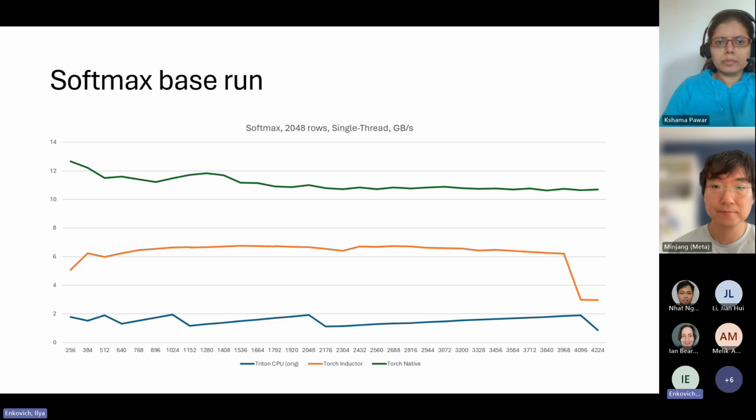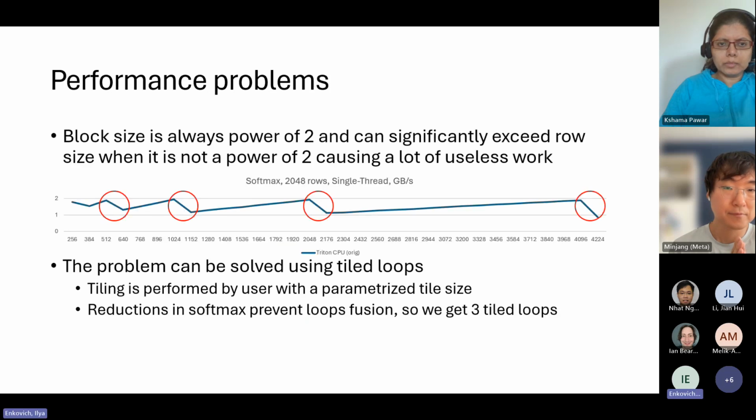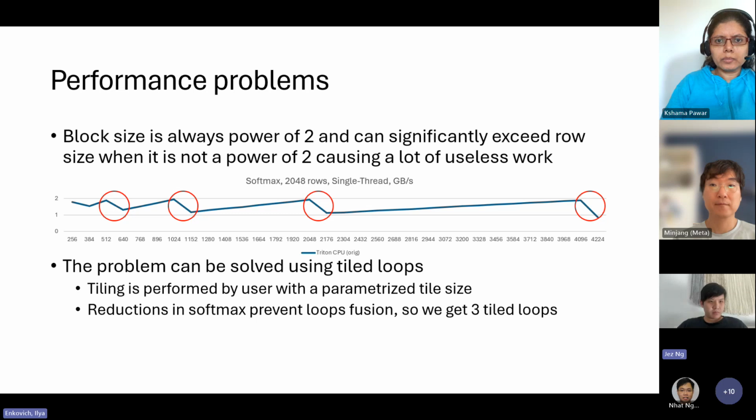And one of the problems clearly visible here is that we have constant performance drops depending on the row size, and it drops by about twice each time we cross a boundary of power of 2. And this happens because